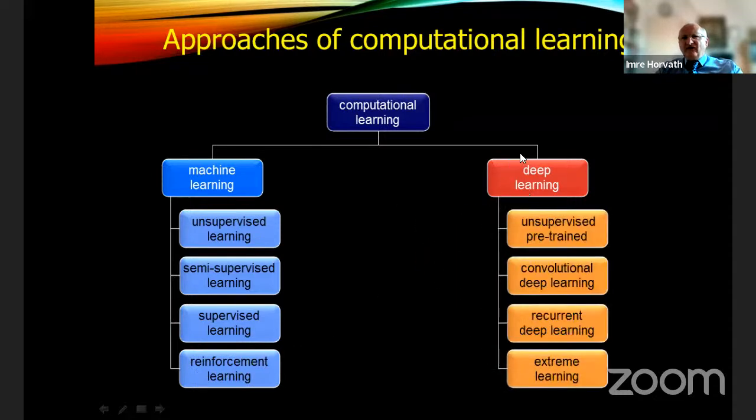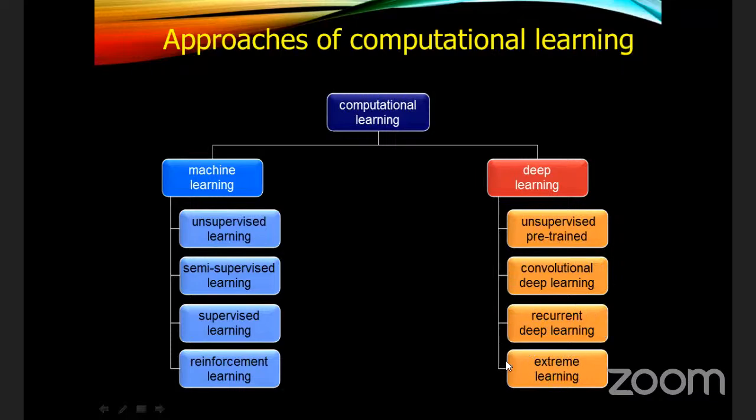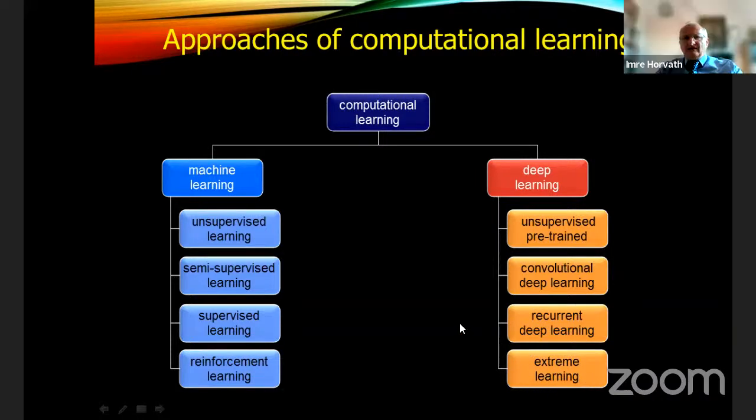Here in the field of deep learning, we can identify unsupervised pre-trained learning, convolutional deep learning, recurrent deep learning, and extreme learning. What is between them is three characteristics, namely that while machine learning needs manual feature identification,